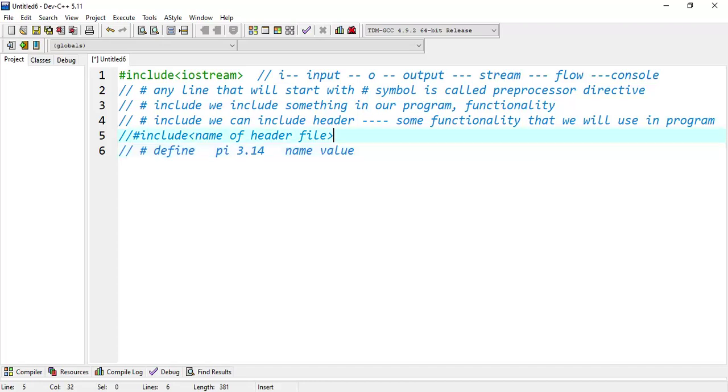The header file also can be of two types. The first type is called a library file. This is written by someone and we will use the functionality, and this is part of the compiler.